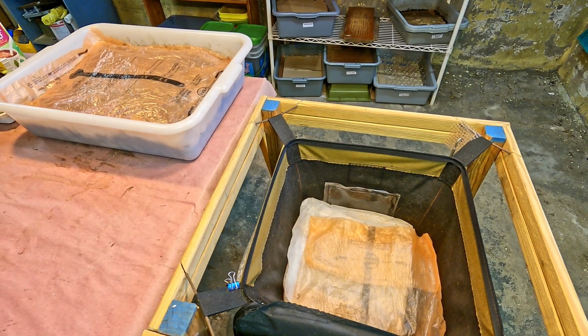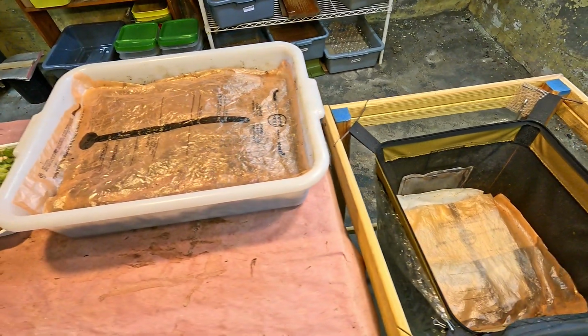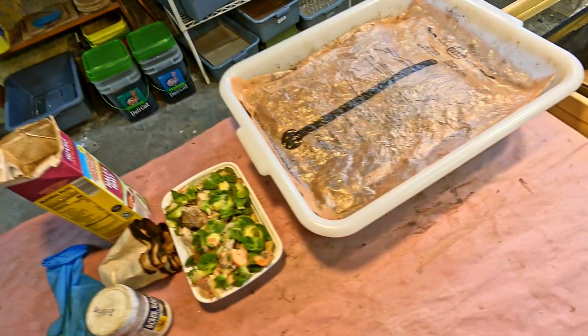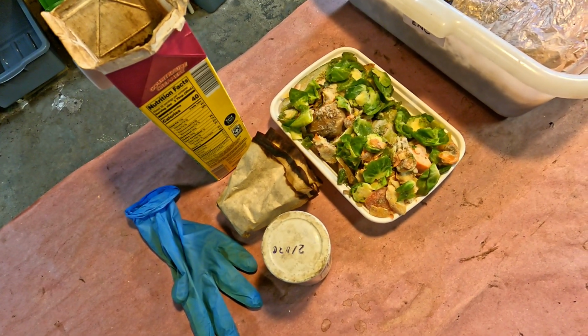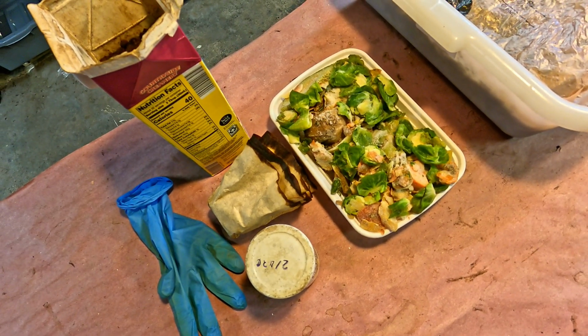Hi everyone and welcome. I'm down here with my European nightcrawler systems, preparing to feed. It's pretty routine. I've got a little tray of kitchen scraps, mostly, what is it? There's sweet potato chunks in here, there's some Brussels sprouts chunks, there's some peels from cantaloupe, all kinds of goodies